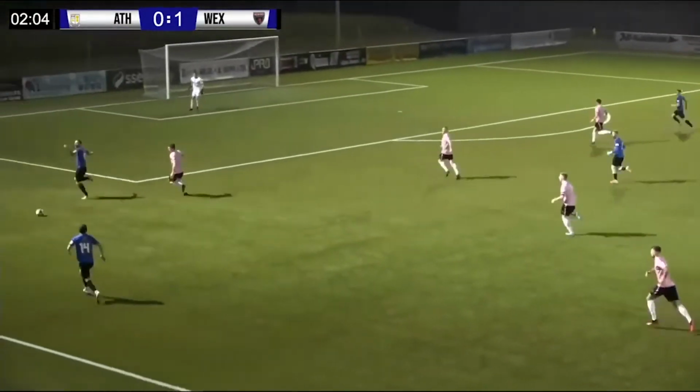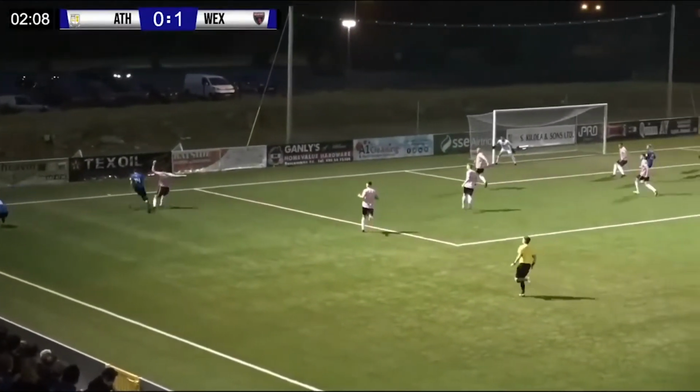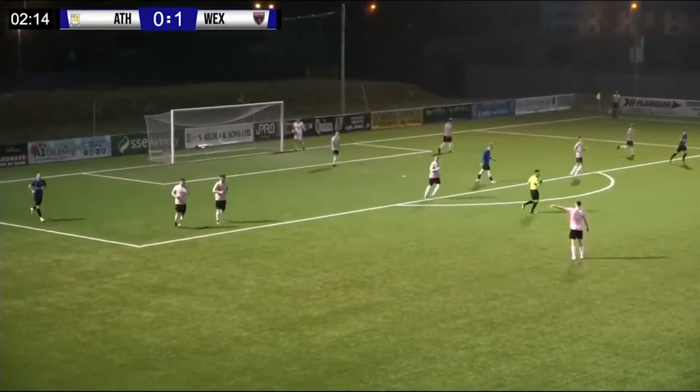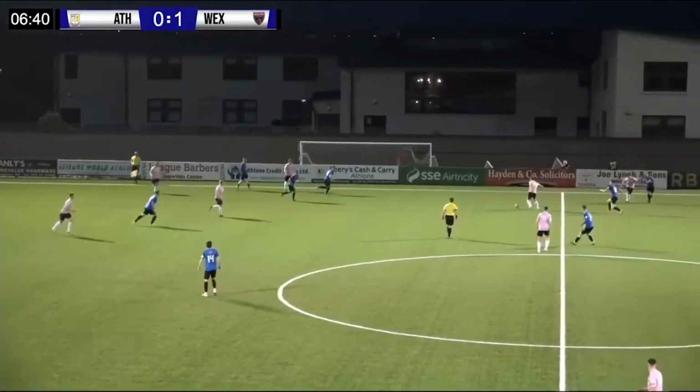Here's Curtis Byrne getting behind the defence. James Duna picks it up, and looks like Byrne seems to have hurt his back there. Duna gets the ball to the back post, and it's a header at the back post. Ushin Duffy, yeah, Duffy. Yeah, it looks like Byrne, if you're outscoring the opponent, but